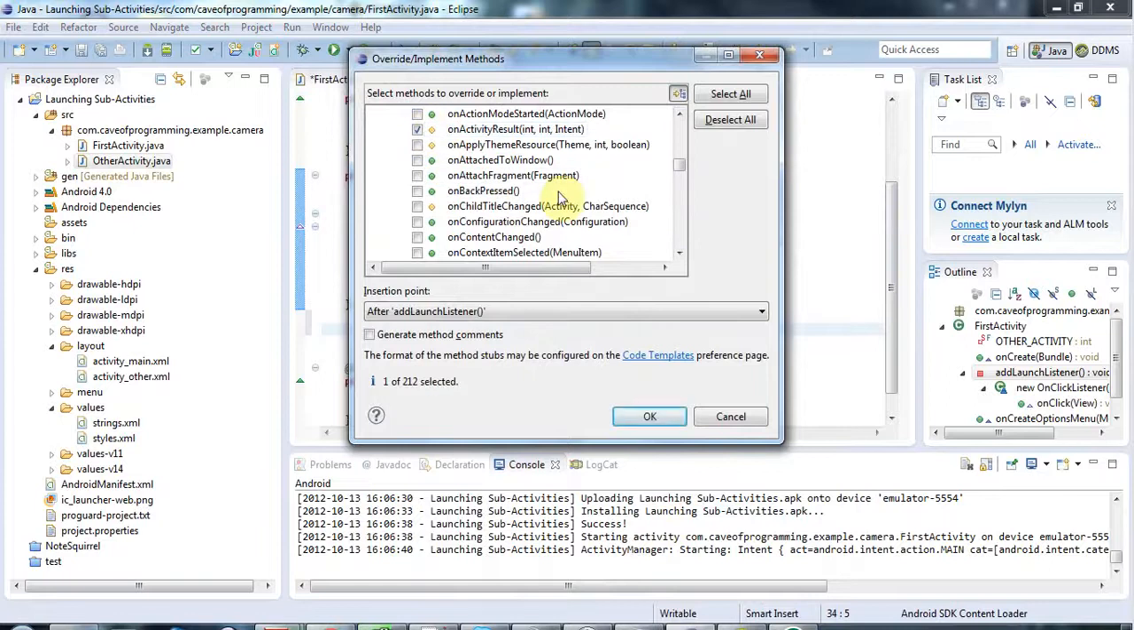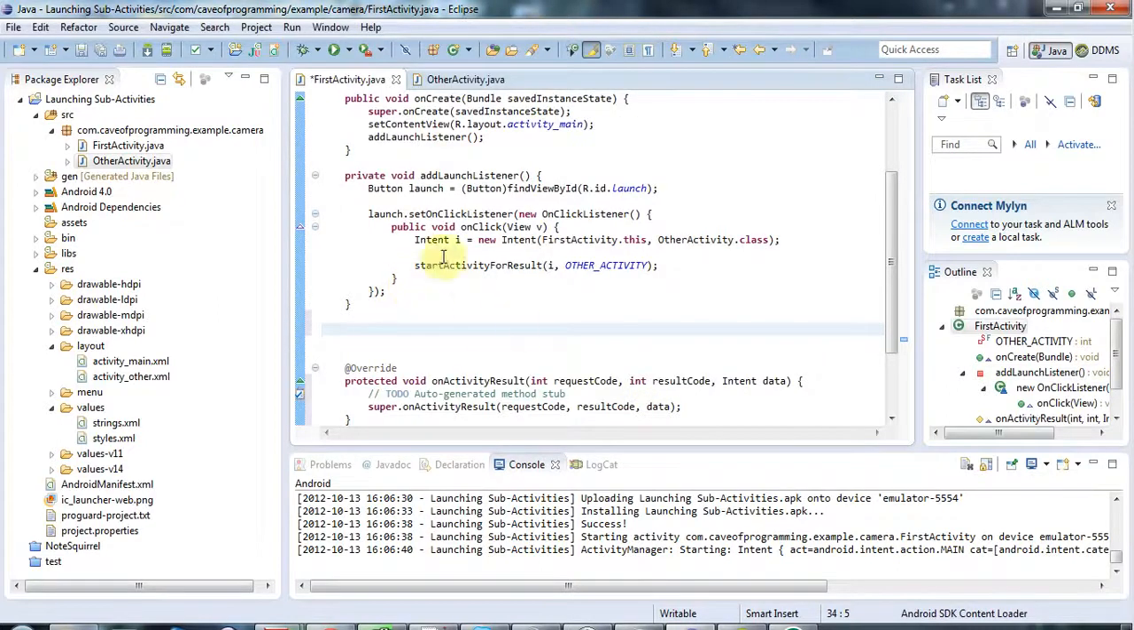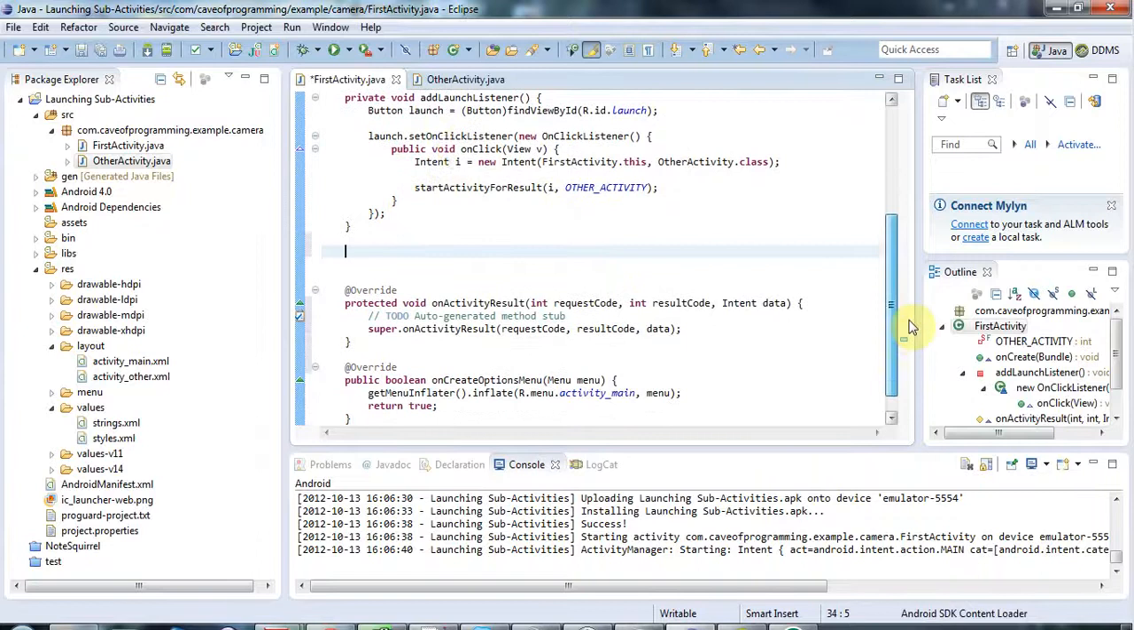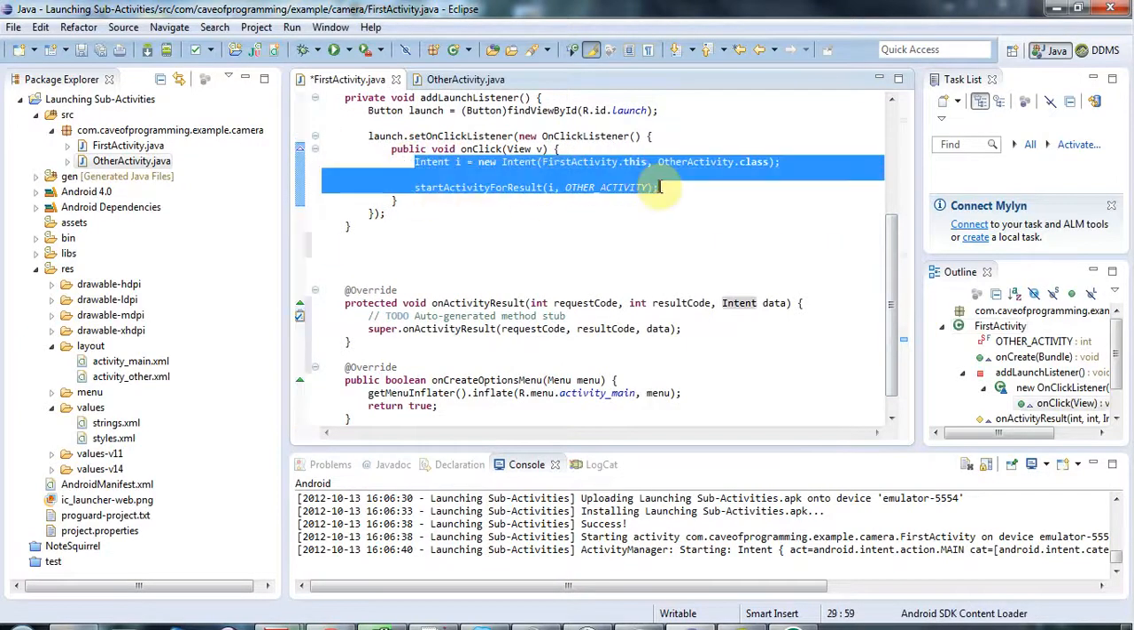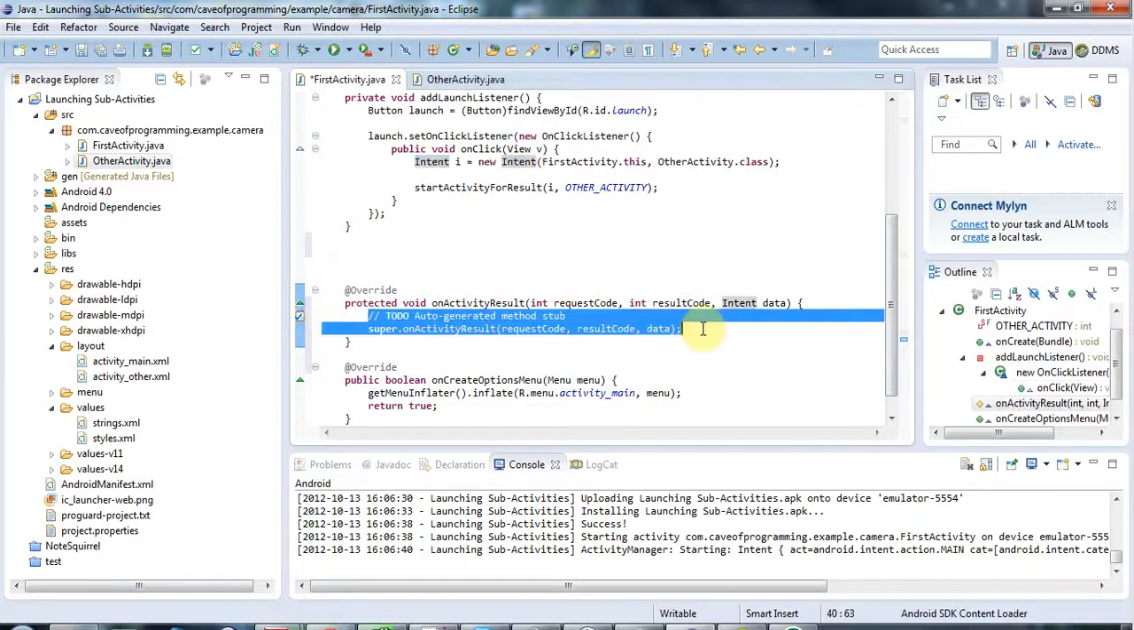I actually completely forgot and had to go away and look it up, but here we are on activity result. So I'm going to override that method, and what will happen is I'm going to launch this activity here, and that is then going to quit by a mechanism that I'll create in a minute. And when that quits, I'm going to land in this method here, and in this method I'm going to say